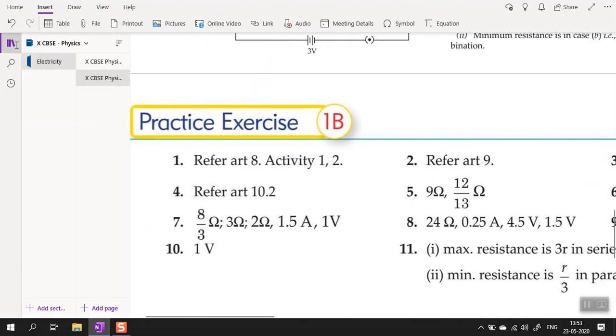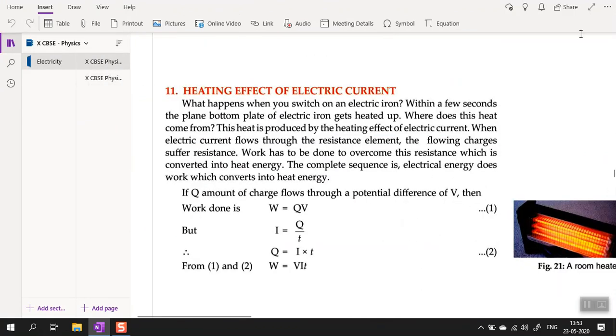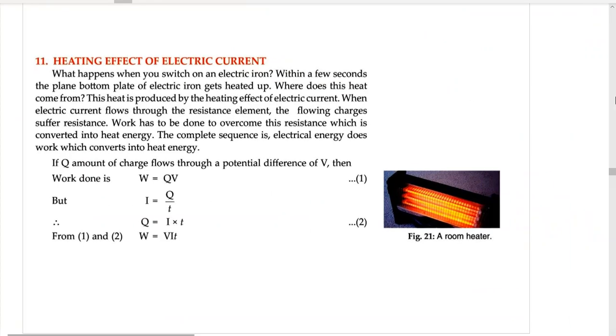So we are on the last part of the chapter, that is heating effect of electric current, electric power. Let's study what this is. So whenever electric current flows through a wire, due to the resistance of the wire, and resistance is present in any conductor, even if it is the best conductor, some amount of resistance is always present. So the wire gets heated up, and it is the same reason why you see different electrical devices getting heated up after a prolonged use.